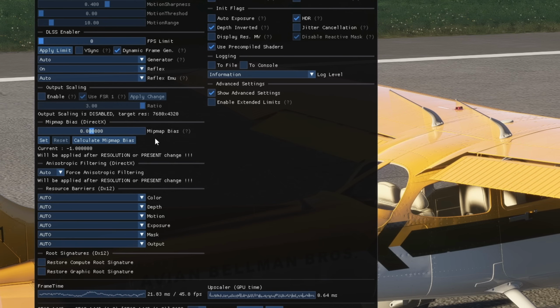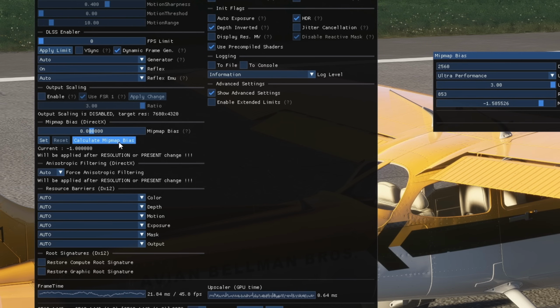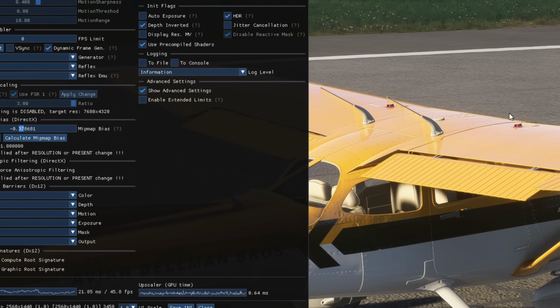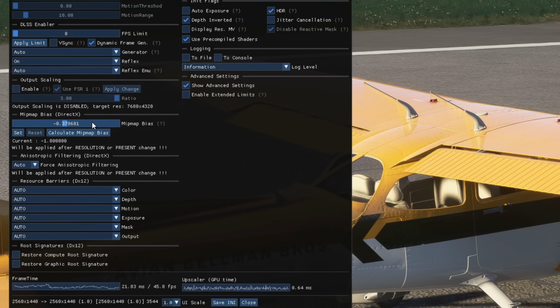So, how do you know what to select here? Well, they've given us a tool so we can click on Calculate MIP Map Bias, and then we can select the DLSS quality level that we're using. It will then populate a bias level. We hit Use Value. It automatically populates it there. We can hit Set, and it will now set that target for the next time we change the DLSS quality